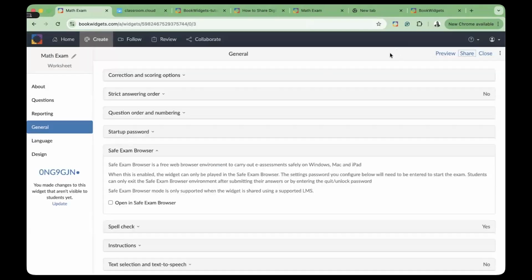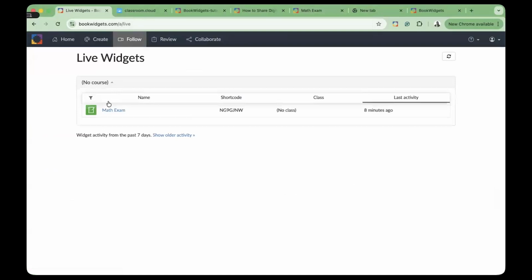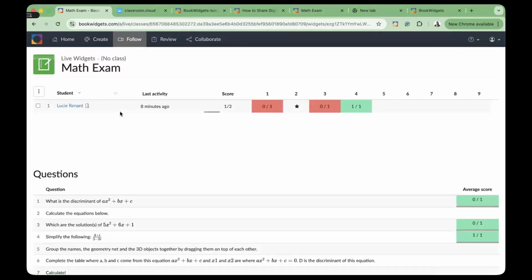Next up, we're going to go to follow, because we were in an exam. And I shared the exam in a monitoring system in Classroom Cloud, but also in this case, just in a browser tab. And I can monitor now my math exam. So I can just click here and I can see every single student